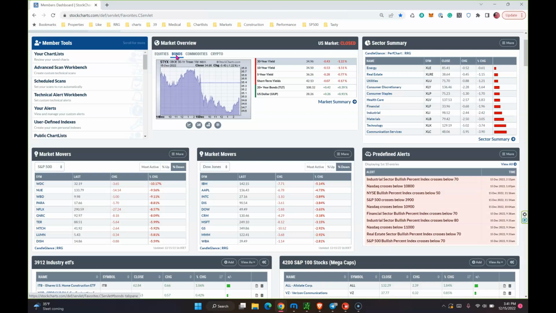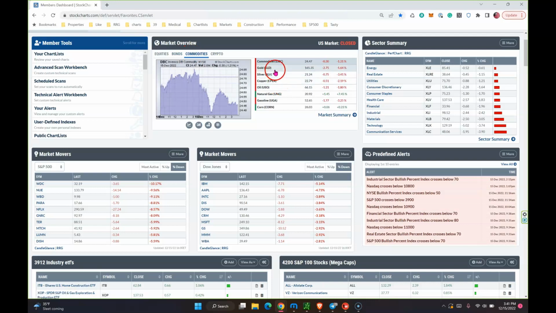I'm going to take a look at the credit spreads and maybe put some charts up tomorrow morning on the TED spreads and some of the others, to see what reactions we've had in those markets following the sell-off, and if they confirm whatever is happening right now. Then we look at commodities, which took it down. Gold was pretty much a sell-off, and you got almost a 3.5% move on silver. Natural gas on the other side went higher, which is good. But the commodity complex was down about 1.2%.